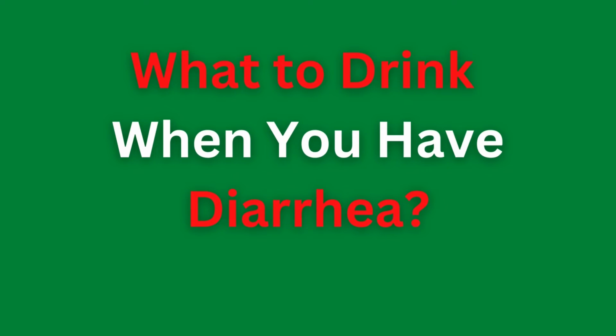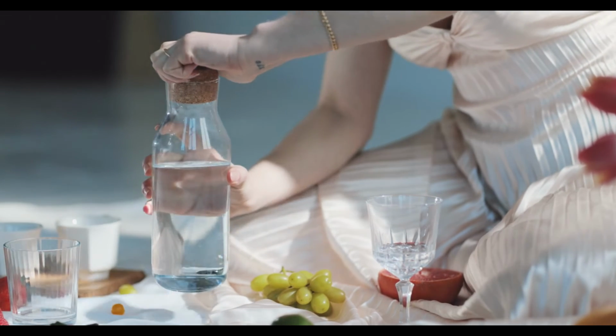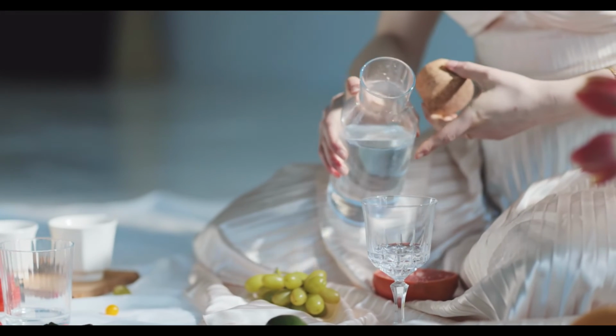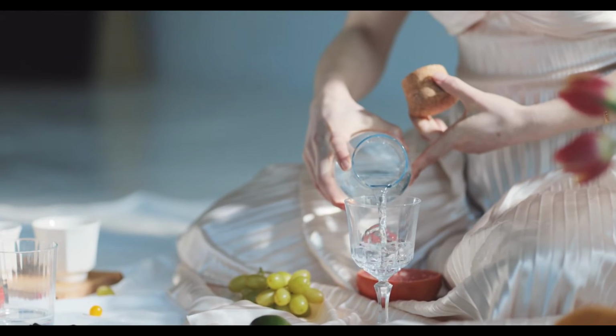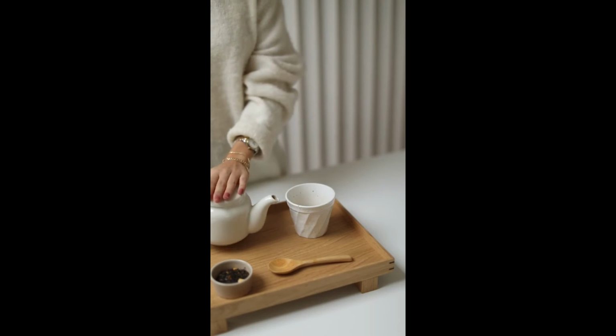What to drink when you have diarrhea? Fluids are also vital for your recovery. You must drink a lot of water during the day because it helps prevent dehydration and flush out all the toxins from your body. However, the body loses minerals and